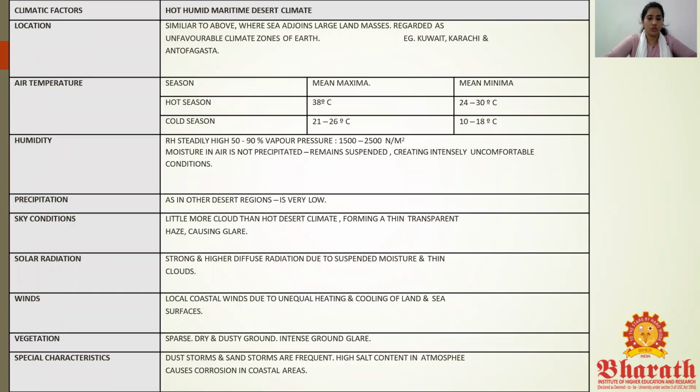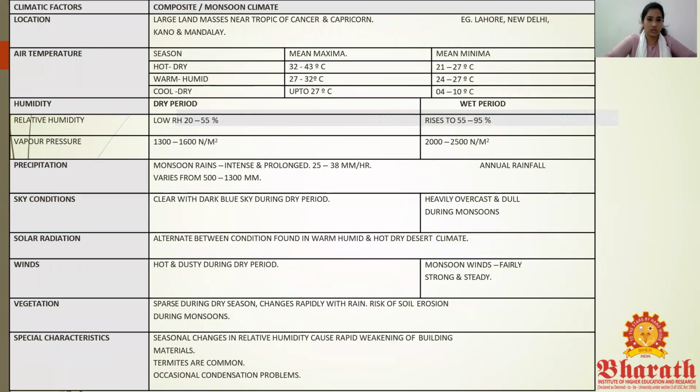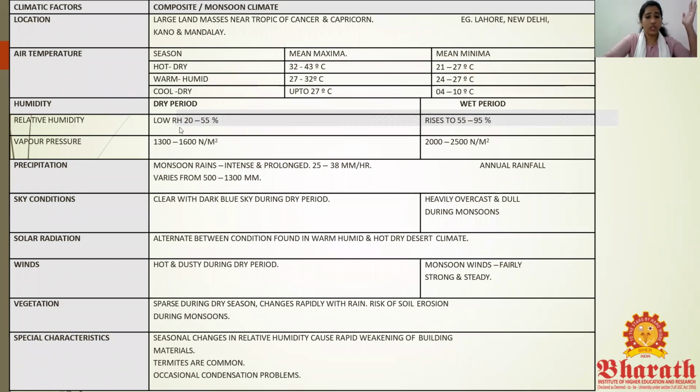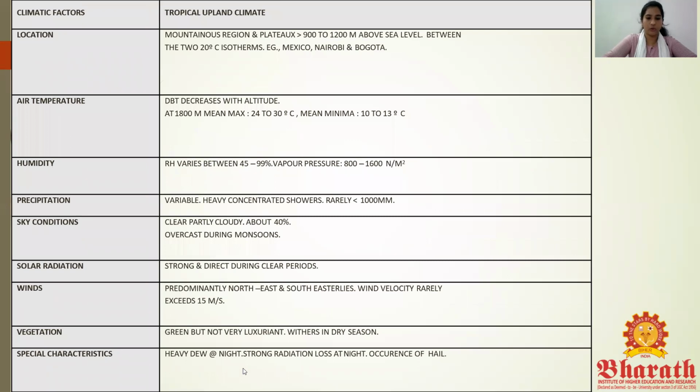Going about to your humid areas, that is maritime desert climate, you have dust storms and sandstorms, and also you have salt content that would also result in corrosion. Your monsoon, being humidity, brings mosses and termites and insects, and occasionally you have condensation problems also dealing with your monsoon because of no proper drying up of areas.